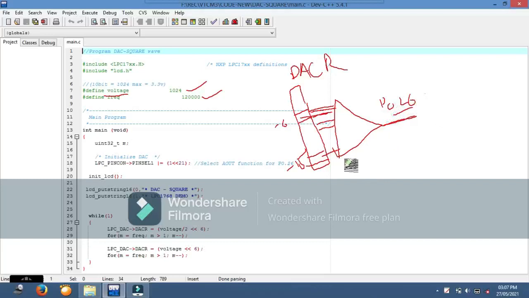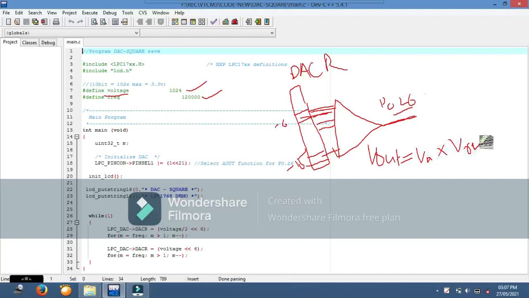So what is the output formula here? The analog output which we get is equal to the value which you are giving here, multiplied by V reference.